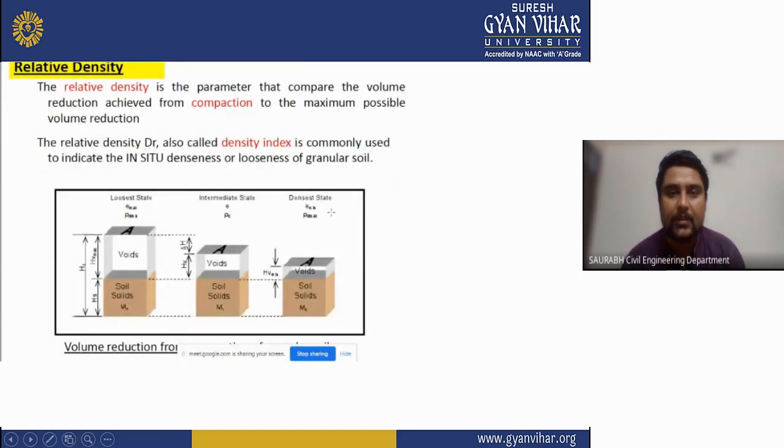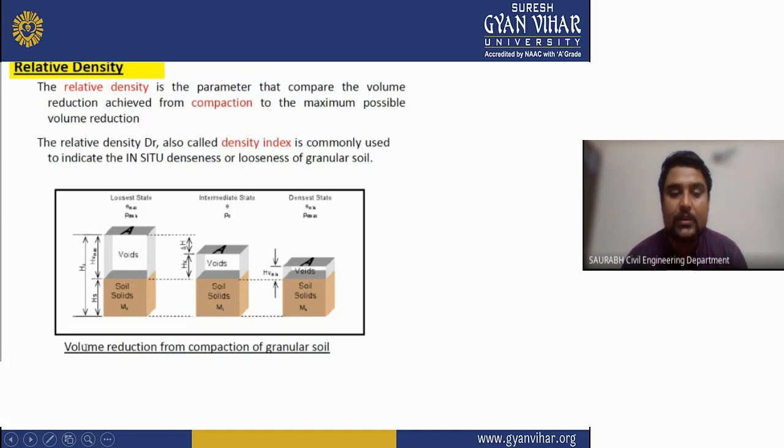Now we will see the relative density. The relative density is the parameter that compares the volume reduction achieved from the compaction to the maximum possible volume reduction. The relative density Dr, also called density index, is commonly used to indicate the inside denseness of loose soil or granular soil. As you can see, this graph is showing the